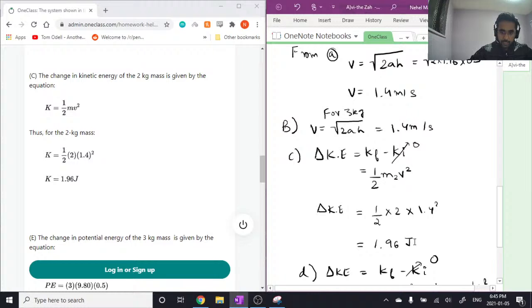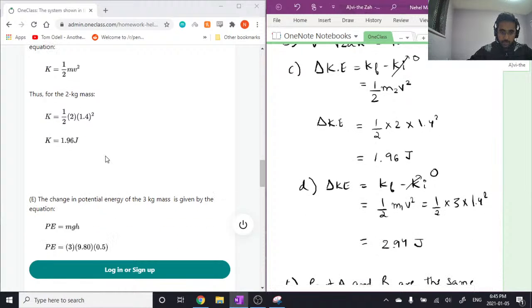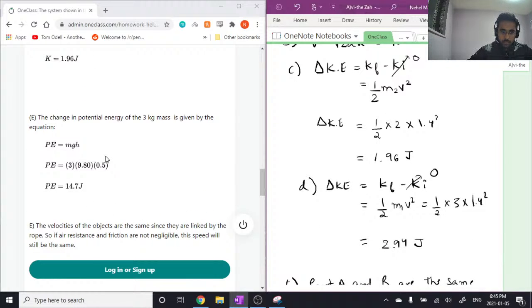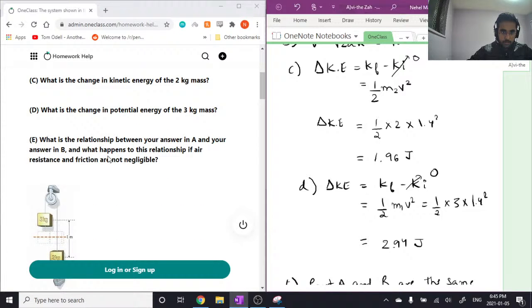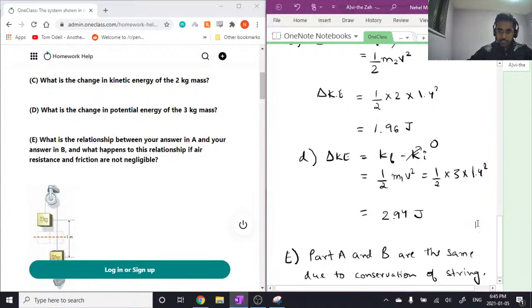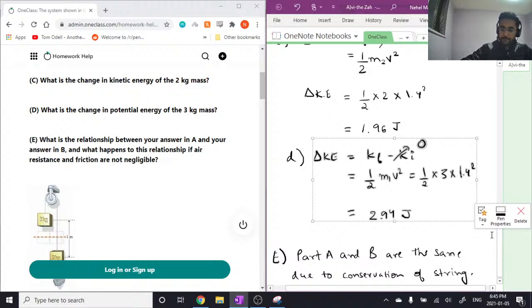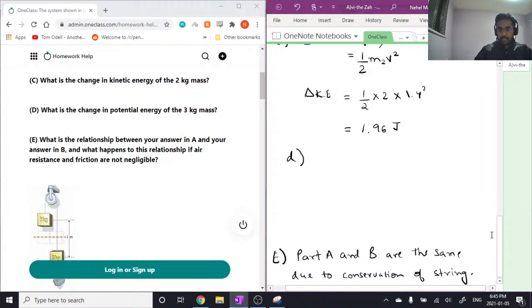For the third part, we got 1.96 joules, and again we got... my bad. So the question actually asks for the change in potential energy for this part. So we calculated the change in kinetic energy. So the change in potential energy, delta PE, is equal to potential energy final minus potential energy initial. Now final potential energy,